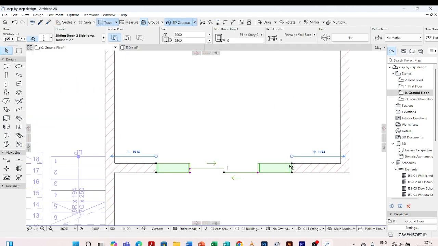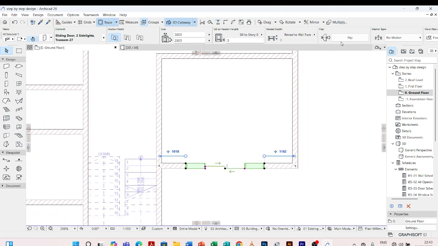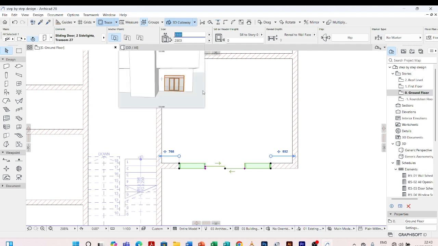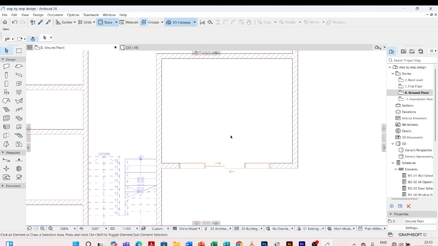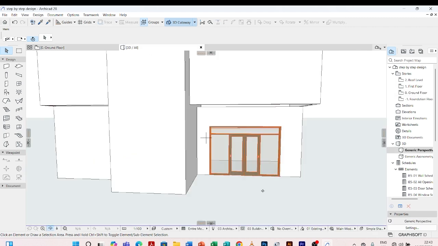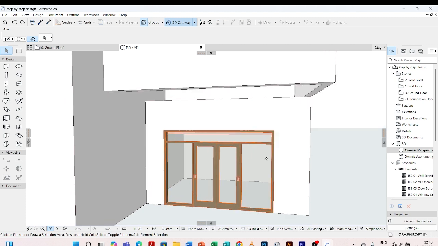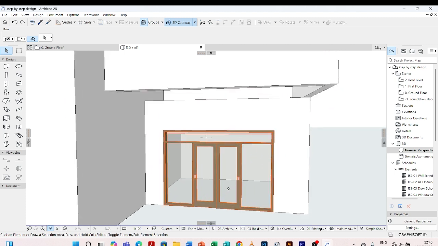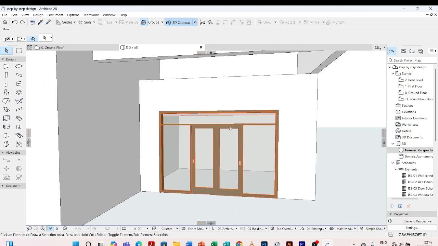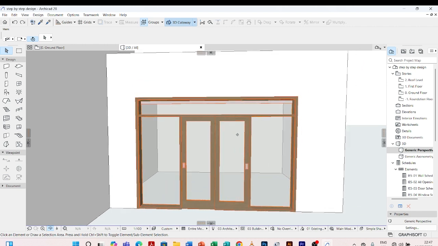Come and check, it is 3 meters. I can give it 3.5 to be wider than that. 3.5. Let me see, 4 meters. No, 3.5. Let me check in the 3D. Yes, when you give it 3.5, realize the rear door is small, so you have to change it to make